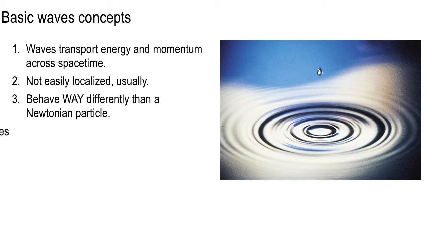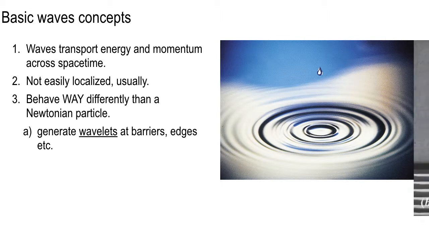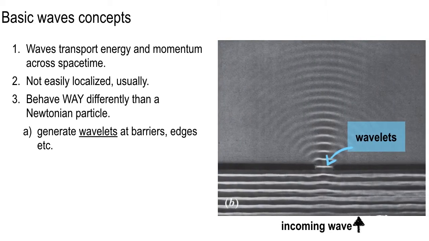So, for instance, when a wave comes to a barrier and goes around the end of it or through a gap like this, right? It forms wavelets at the gap or at the edge. Now these waves are coming in from below, and they're marching in like sometimes you see out at the beach, the waves are just coming in nice and uniform, nice and straight, and they're coming in from a certain direction. And these ones are coming in from below.